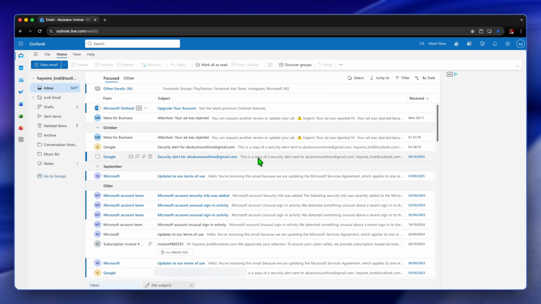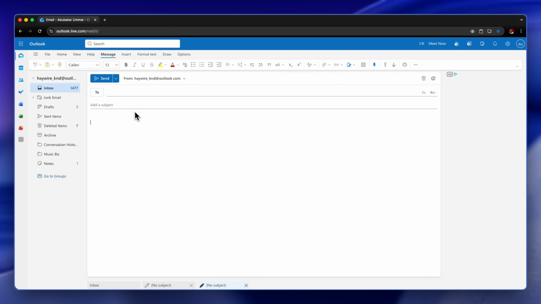So the first thing I'd like you to do is log into your Outlook account. Once you're logged in, what we want to do is go to where it says new email. We click on that, and now we have the option to send our new email. Now you're going to ensure that you've filled the email of the receiver, the subject that you want to send,